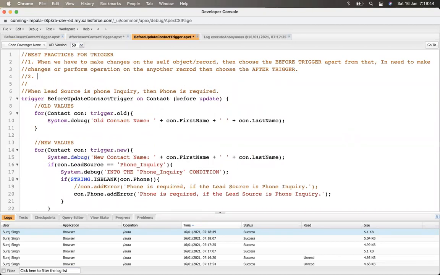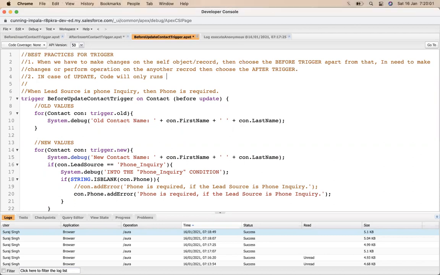Second, in case of update, the code will only run for the fields on which changes are made.